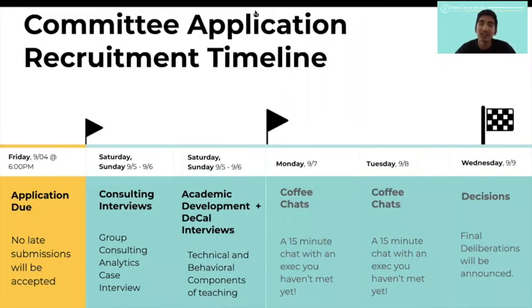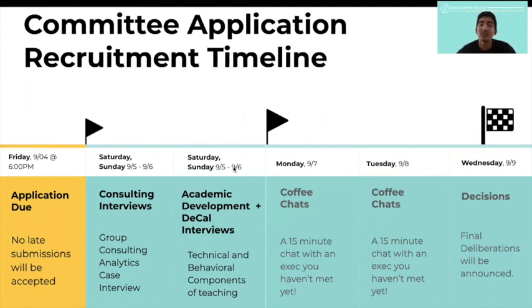Now getting a little bit more into the recruitment timeline. The main thing to note is that the application to apply to committees is due this Friday at 6 p.m. So please note it's 6 p.m. It's kind of a weird time, but no late submissions will be accepted.